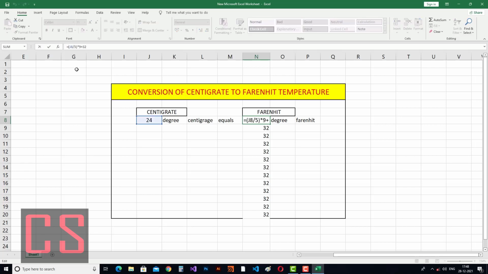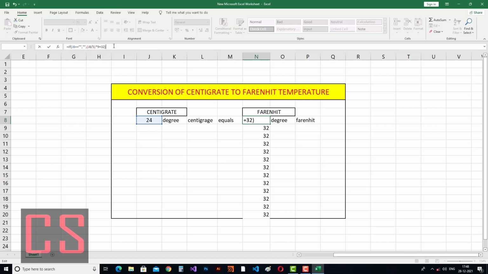So equals, if, as in a ternary operator, if the J8 is equal to blank, then I will give blank, otherwise I will give the answer.